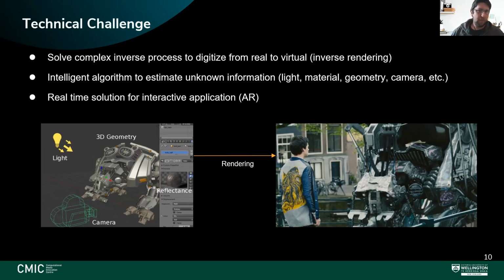So it's like we've got that right image, and we don't have that scene information on the left. That's not given at all. All we have is that photograph. And so if we wanted to blend a new object into that photograph, we need to recover that scene information, and that's called inverse rendering. And so we're going to look at an RGB image and then try to figure out, okay, what would